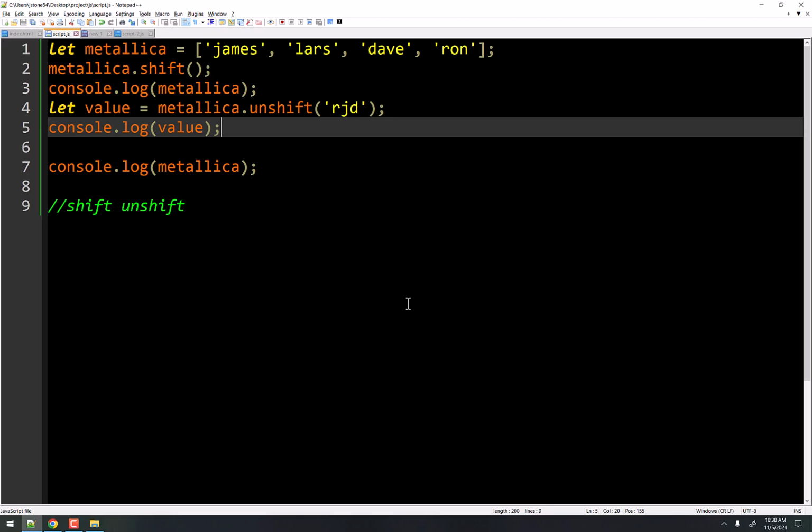So the way I think of these 4 functions, pushing and popping, I'm going to pop something off of the end. When it's at the beginning, you can't really pop it off, in my brain anyway, right? I'm just thinking of more like human terms, not coding terms, right? But you can't really pop something off at the bottom of the pile, like the first thing on the list. So if you were to stack these up, like James would be on the bottom, then Lars would be above that, and then Dave, then Ron. And so I can just pop the last thing off the top easily, okay? So that's how I think of what pop does. It just removes it from the top of the stack or the end of the stack.